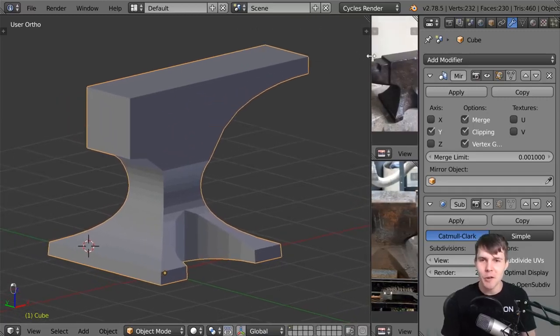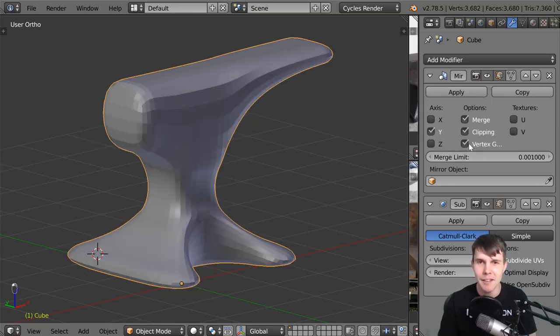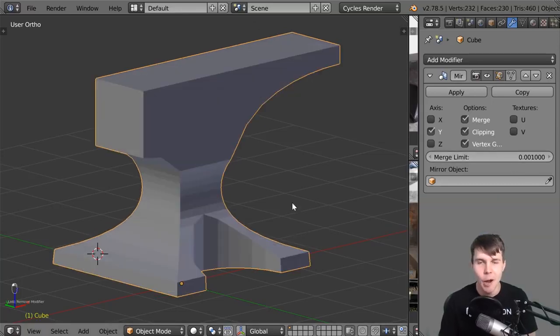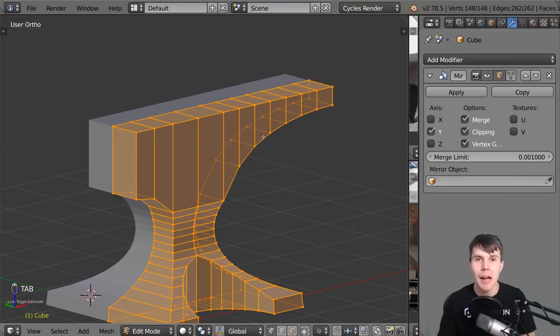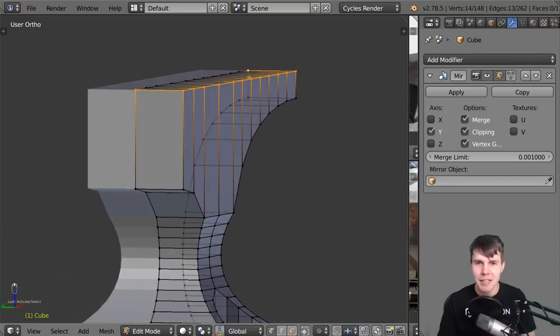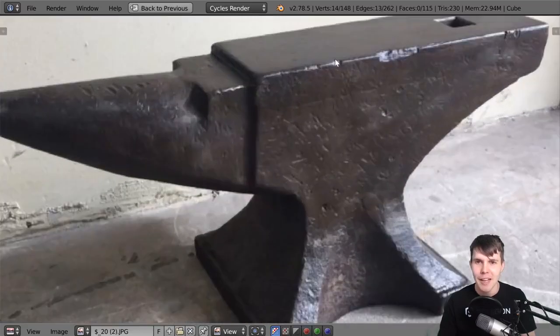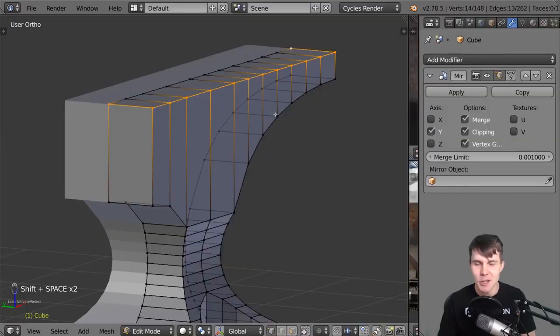So I remember when I first started modeling and using Blender, I went through times where I would go like, forget the subsurf, and I would delete it, and I would try and round everything by hand, but that creates a lot of problems because, for example, say you just wanted to model everything and not use the subsurf, you would have to try to round this edge here because this is way too sharp of an edge, and you can see that in our original, it's catching light on that edge there,